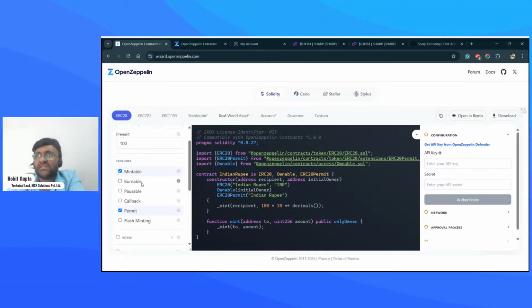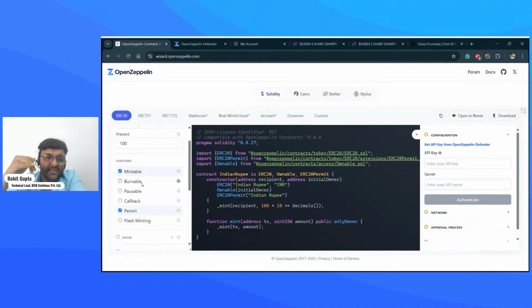Burnable. This concept comes from the country's macro economy, where even the RBI does it. If they want to make sure that the whole country is not having a surplus amount, what it does is take out an amount of money from circulation.